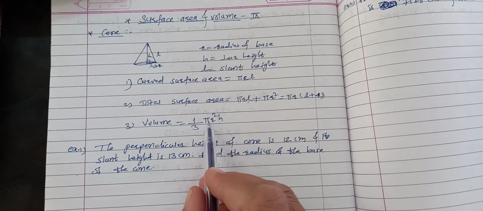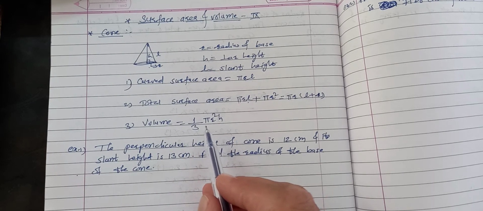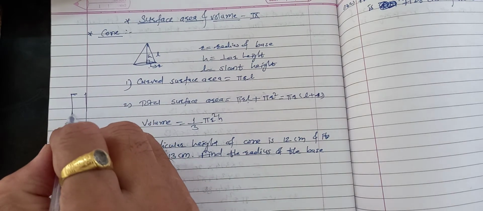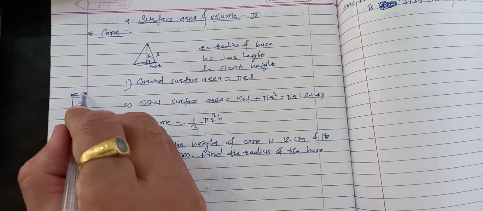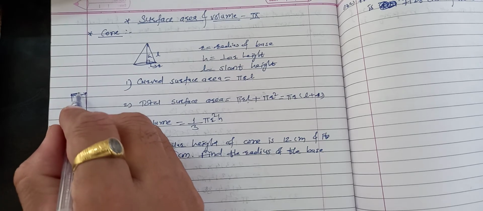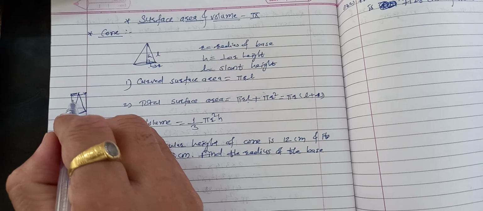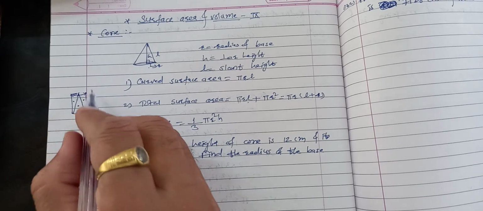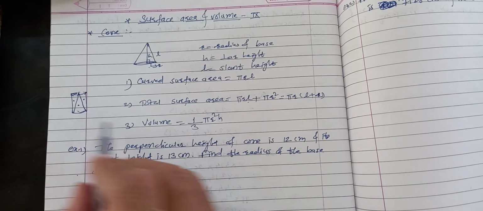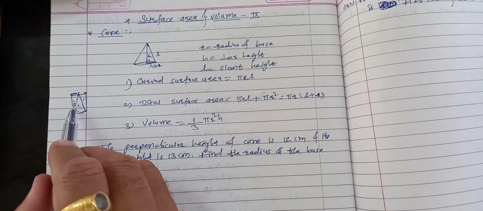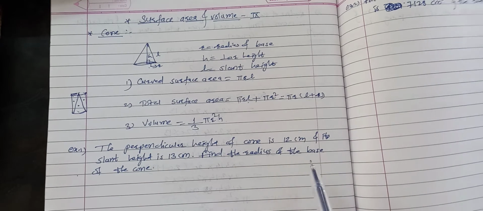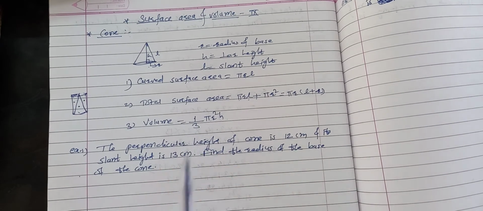See, pi r square h is whose formula? This is the cylinder. If we take a cylinder like this and fit cones into it, one cone, two, three, so a cone is the 1/3 part of the cylinder. That's why the volume of the cylinder is pi r square h, and the cone is the 1/3 part. So volume is 1/3 pi r square h. Okay, these are the formulae.